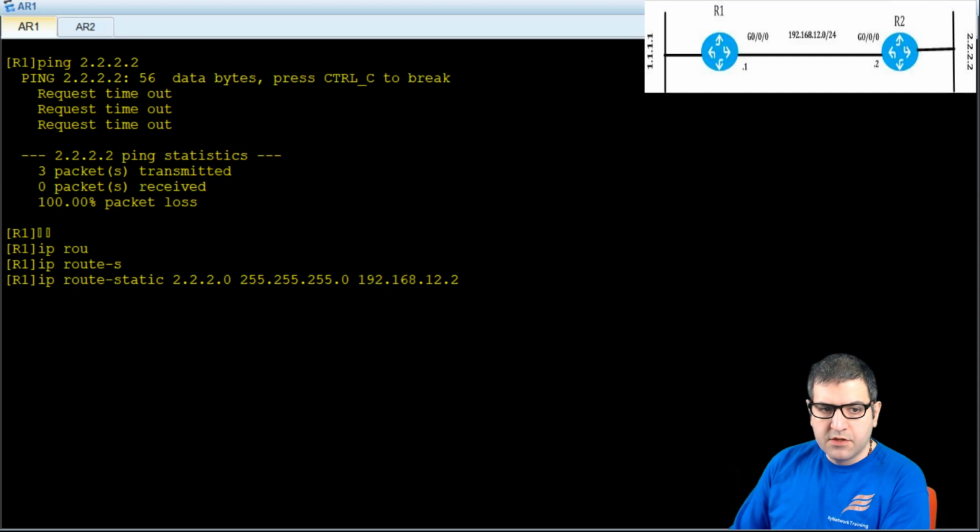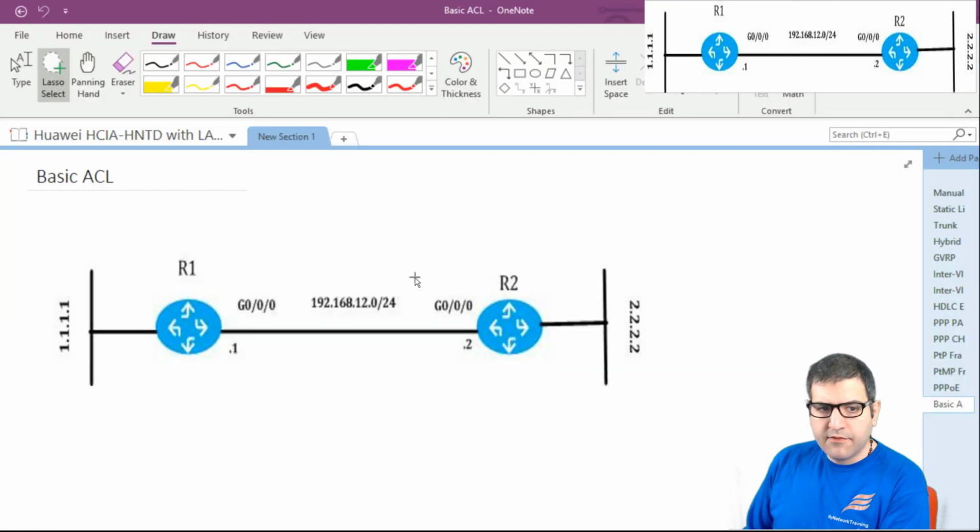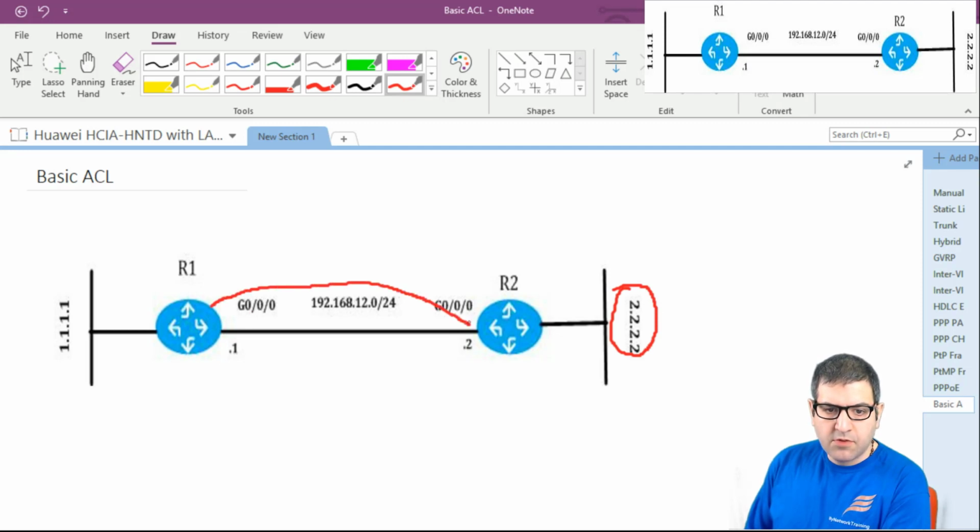If we go to the picture, I'm saying for router 1 that if you want to reach this network, then send all your traffic to your next hop, and your next hop is